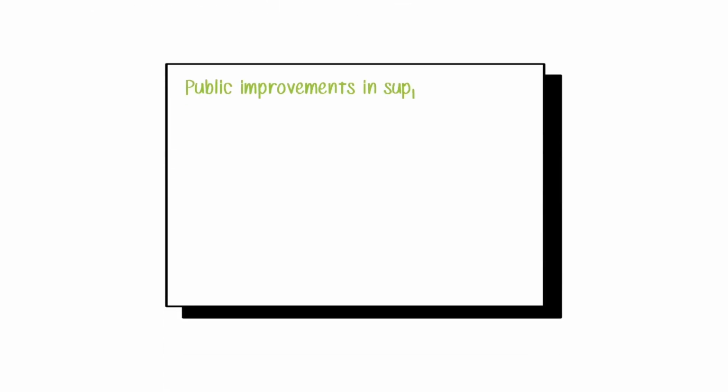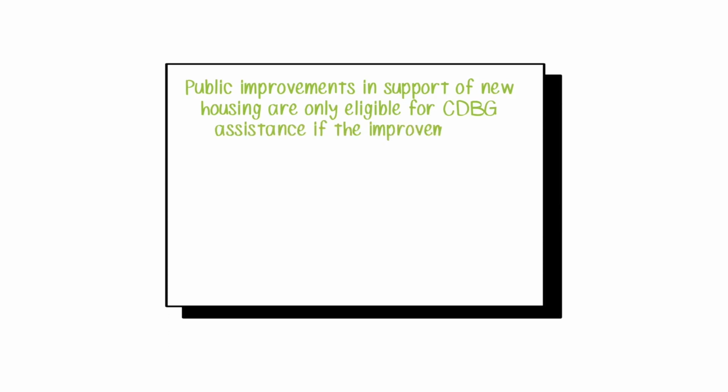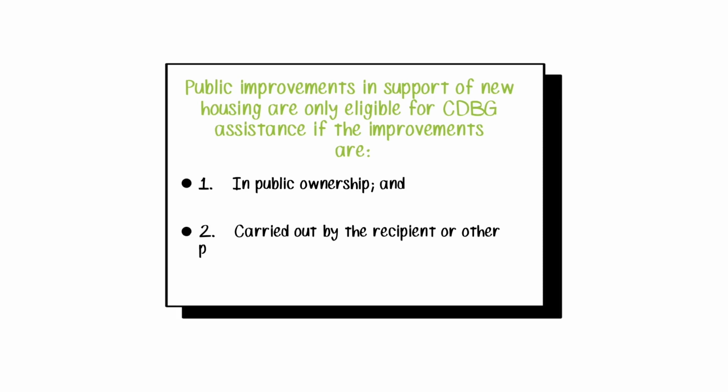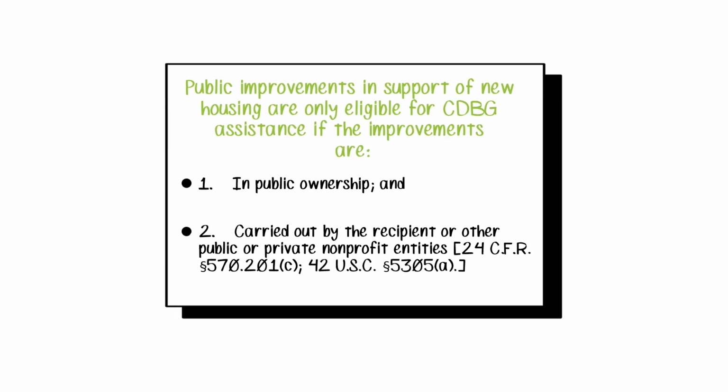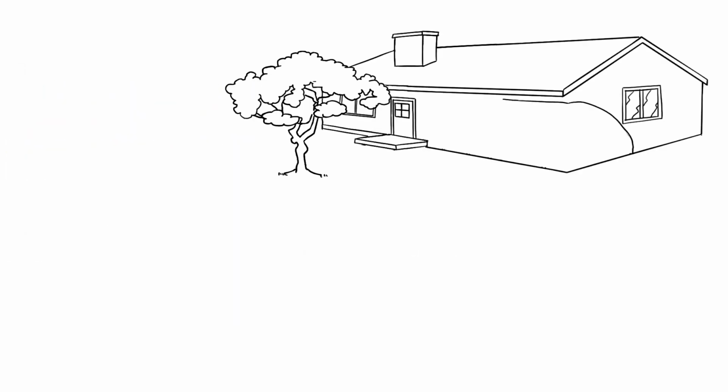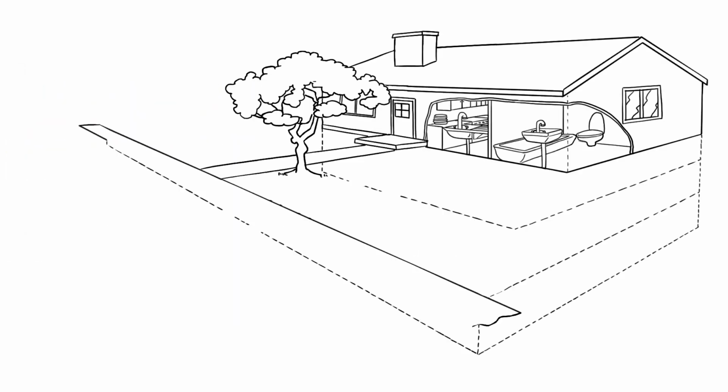Public improvements in support of new housing are only eligible for CDBG assistance if the improvements are, one, in public ownership, and two, carried out by the recipient or other public or private nonprofit entities. To illustrate the difference between the new housing construction activity, which is not eligible, and the public improvements activity, which is eligible if it is in public ownership and is carried out by the recipient or a nonprofit, one can